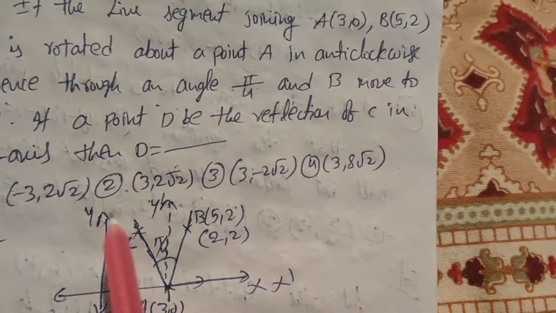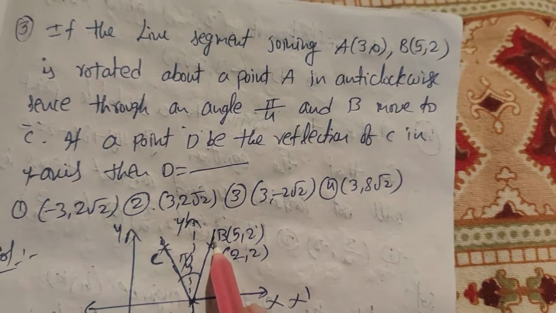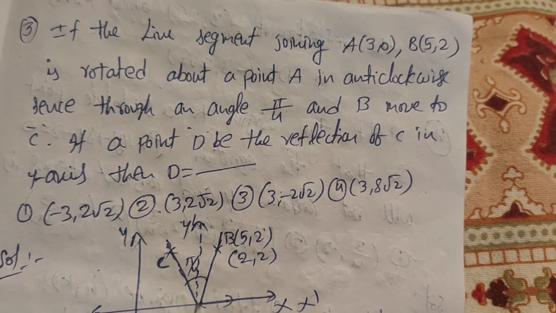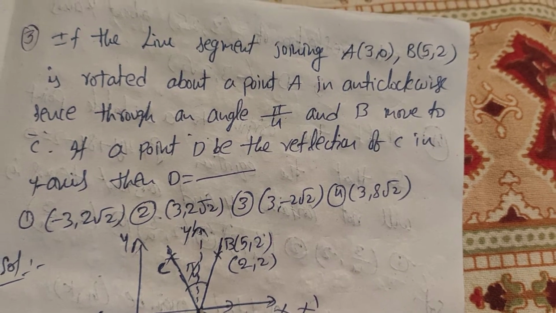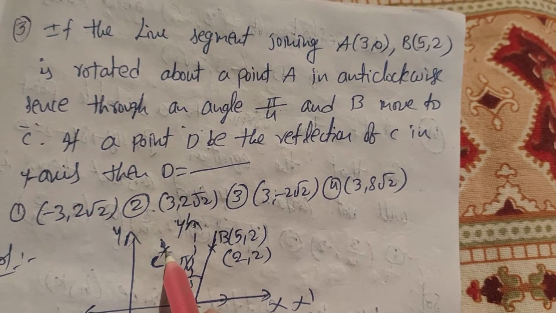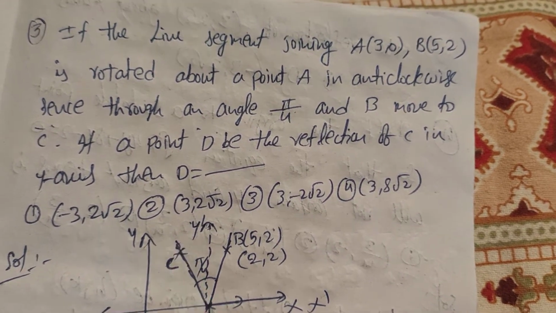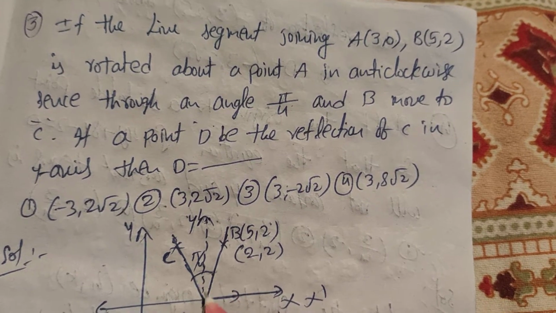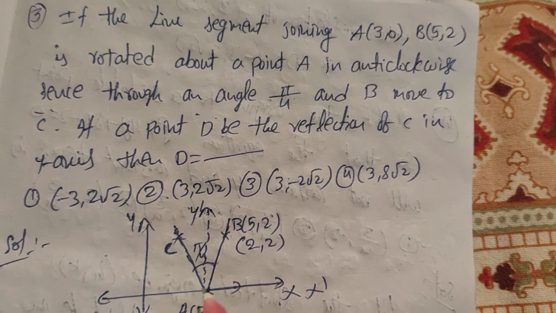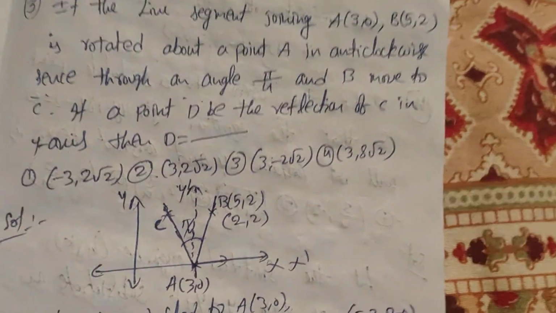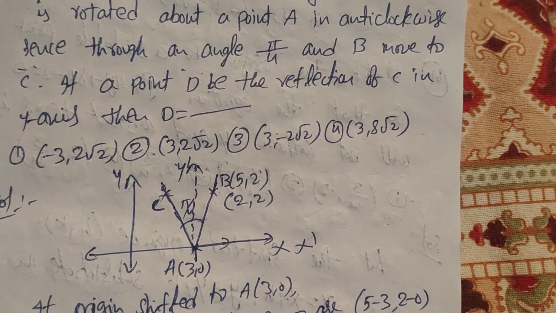So let us consider this is the coordinate axis. A(3, 0) is here and B(5, 2) is here. This is the line segment joining A, B. If you rotate this line segment about 5/4, it may be like this. So from here to here the angle is 5/4. So AC is this, and this is the point C. But just understand here, you are not rotating the coordinate axis, you are rotating the line segment about